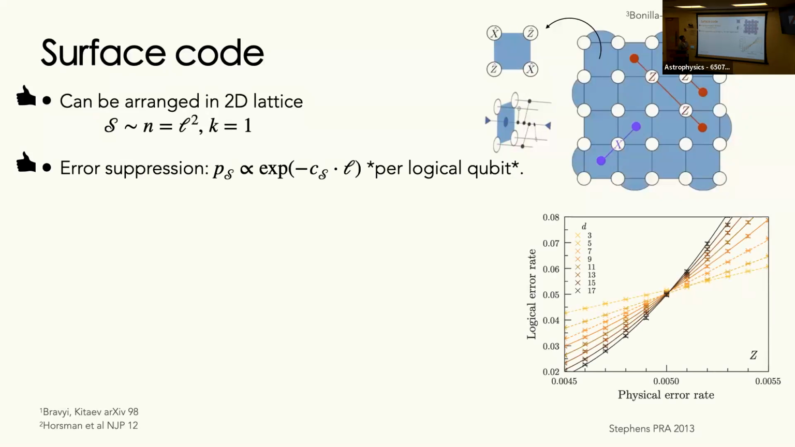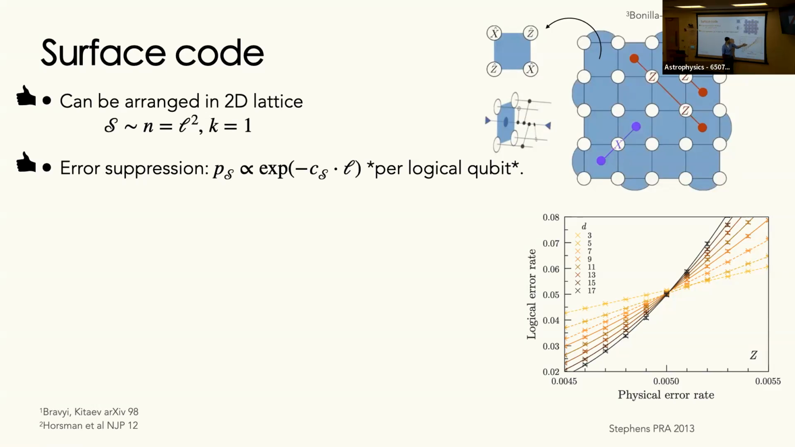Why is this code great? Well, for many reasons. One, it's very simple, right? I can arrange this on a 2D square lattice, what could be simpler. And what this guarantees is that the errors can be suppressed exponentially in the side length of this lattice. Okay, so it's an L by L lattice, and errors are going to be suppressed exponentially. C of S is some constant that depends on other details of this construction. And what this means is that there exists some threshold point